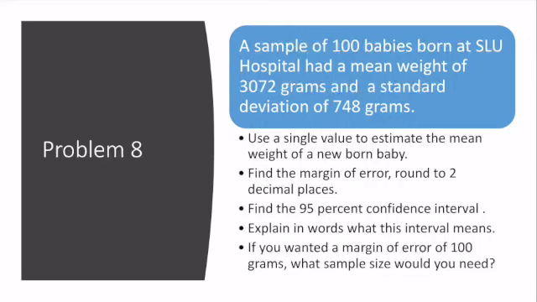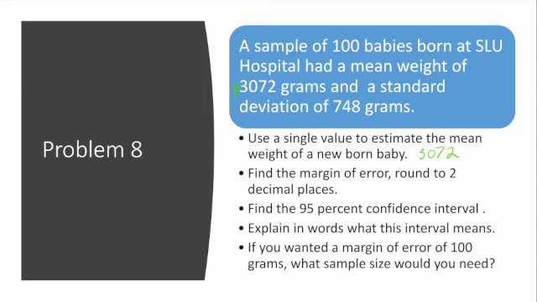Okay, a sample of 100 babies were born at SLU Hospital and had a mean weight of 3,072 grams with a standard deviation of 748 grams. The first thing I want us to do is use a single value to estimate the mean weight of a newborn baby. Well, because we only have one value here, right? This is our mean that we're given. We're going to use